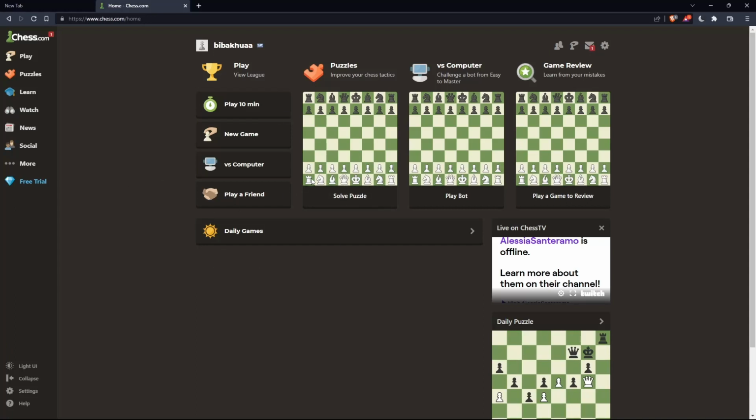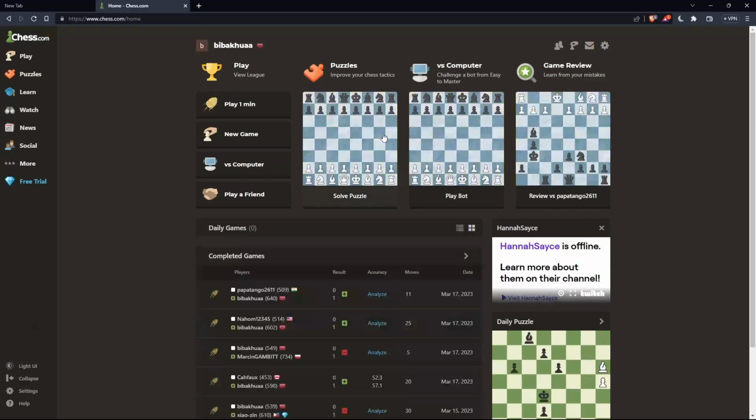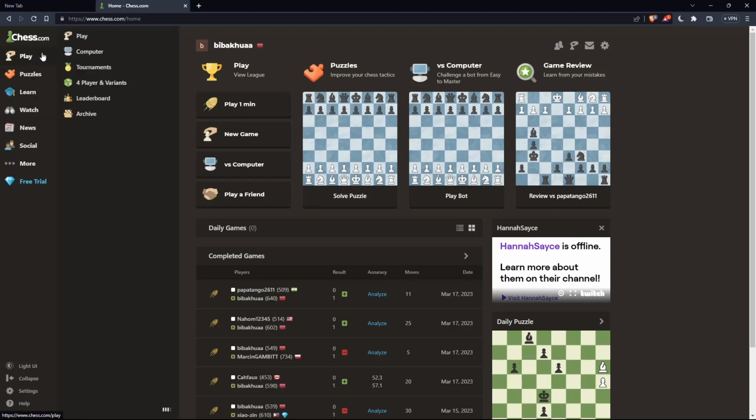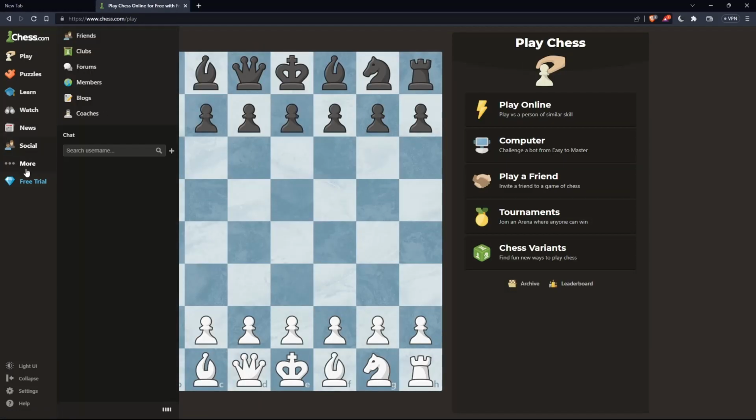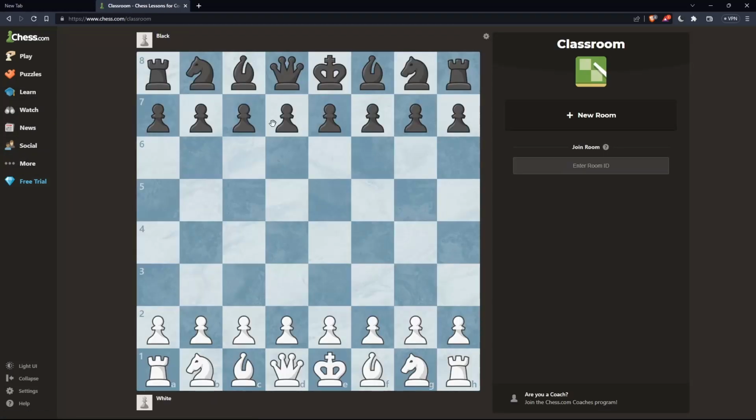So once you're logged into your account or you just created your account, you'll find yourself here on this home screen, the main screen of chess.com. As we said at the beginning of this tutorial, we would like to show you how to draw arrows. And of course, if you want to do that, let's just go to the left panel, click on play as an example. And here, let's just go as an example to analysis or classroom,